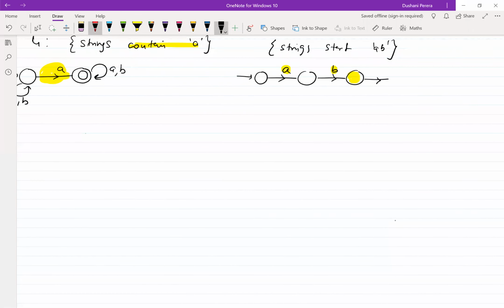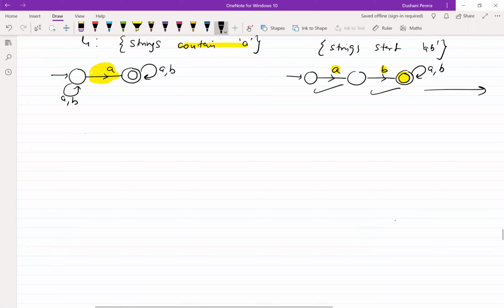I can do it in the same state itself. Once I have gotten an A and a B, I can make this the final state, and there I can repeat any number of A's or B's because I have already taken an A and a B. After that, I don't care what happens. Okay. Next one, let's see strings that